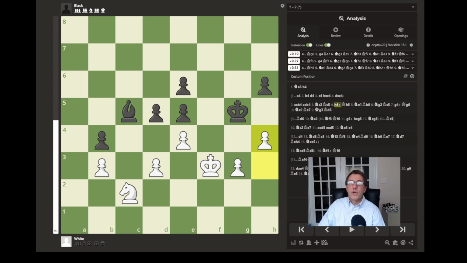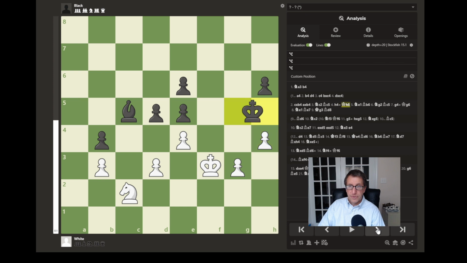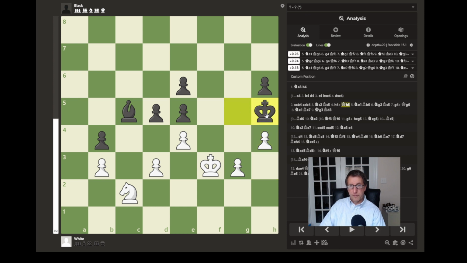And so here we have h4 pressing forward with this pawn majority on the king side. And so the king remains on this h5 square so that if this pawn pushes forward, he can capture this remaining pawn. But the knight jumps down here to e1 where it can jump over to g2 and keep an eye on this pawn. And so the bishop really doesn't have much to do, so it just plays waiting moves,